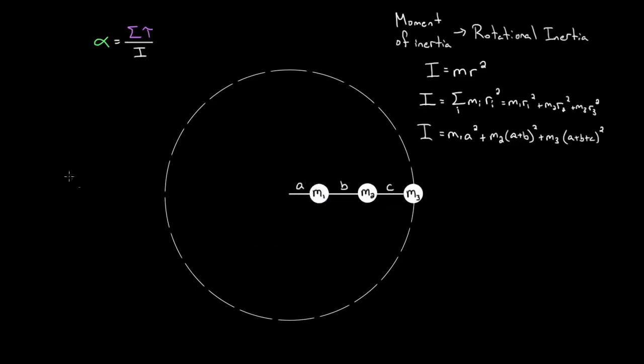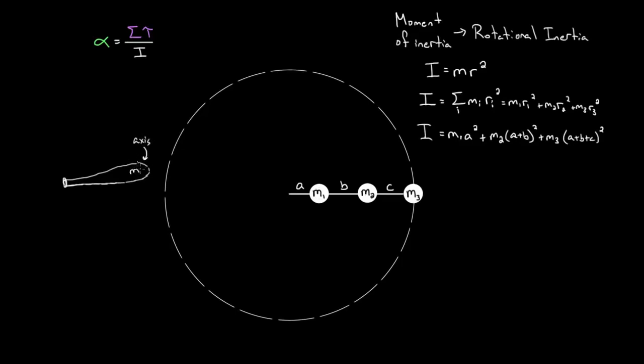So this makes sense. Think about a baseball bat. If you had a baseball bat, this is not the best drawing of a baseball bat, but you've got a baseball bat. If you swing it from this end where this is the axis, it's hard to rotate, right? You've got all this heavy mass over here at the end. But if you swing it instead where this is the axis, if you just turn it around and swing it from this end where this is the axis, now you've made it so most of the mass is near the